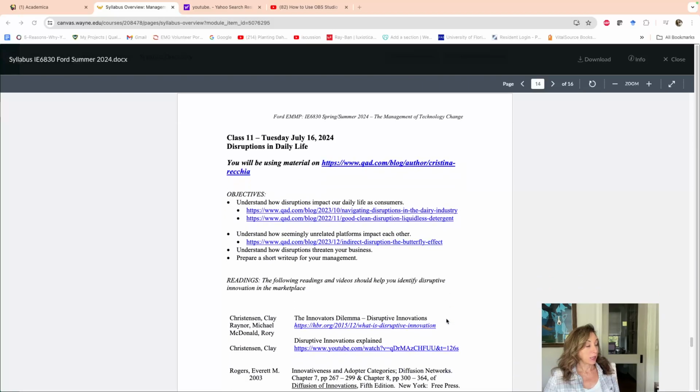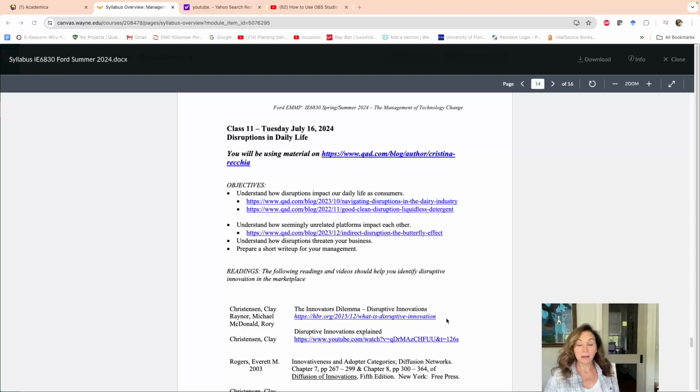I added a new element this year because it's really important to me that you understand how disruption takes place in a specific phase company like Ford, and you'll learn about that in the first couple readings. James Utterback will write about the different phases of companies. So fluid phase is like a startup.